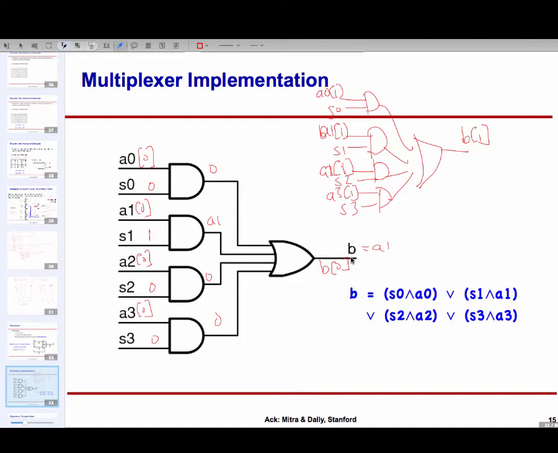The different bit numbers of A1 will go to the different slices, different bit numbers of A2 will go to the different copies, but S0, S1, S2 and S3 will go to all 32 of them. So we just make this replication.